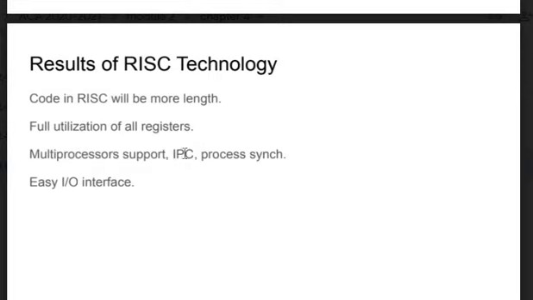Sorry, it is inter-process communication. Here there are multiple processors. If there are multiple processors, they should communicate with each other. That is possible only when we have protocols. In your embedded systems course you have studied IPC by message passing technique, synchronization technique, and how each processor communicates with other processors. So that is also possible.